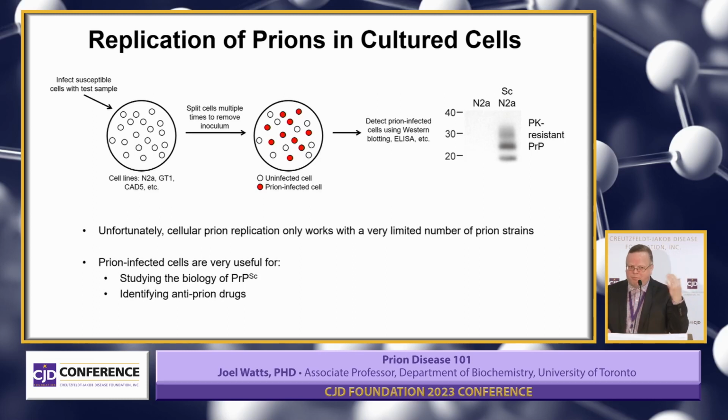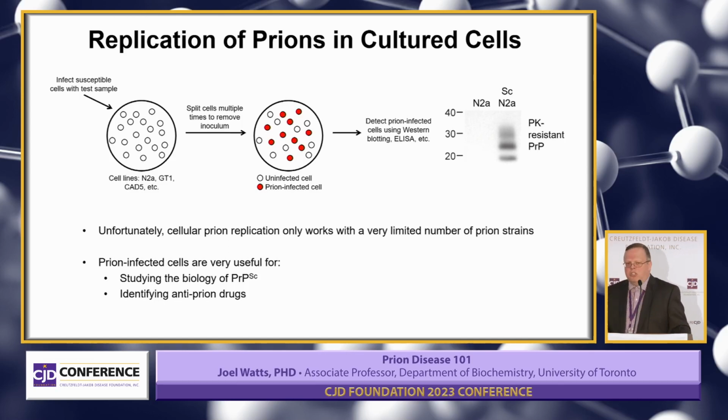So studying prion disease in mice is great. The drawbacks are that, of course, we're using animals, and we'd always like to reduce the number of animals we use in research. It also takes a long time and costs a lot of money. And so we're always looking towards simpler systems that we can use to study prions. One of the main ones is cells. You can culture certain types of cells in a petri dish, expose them to prions, and then they'll become infected with prions. Here's that biological signature of prions again. And they'll maintain that infectious status indefinitely.